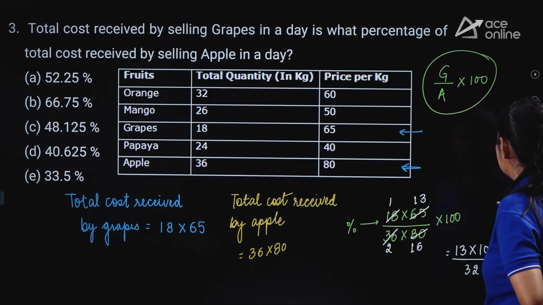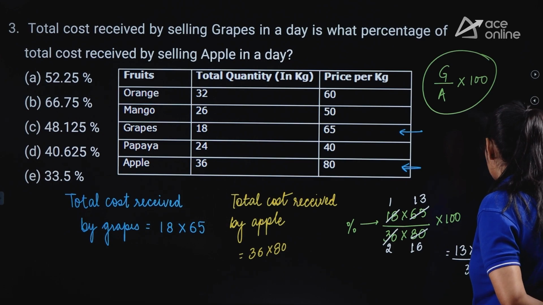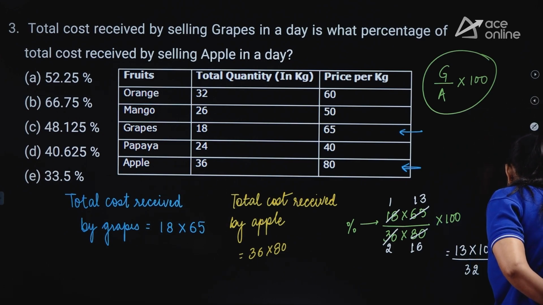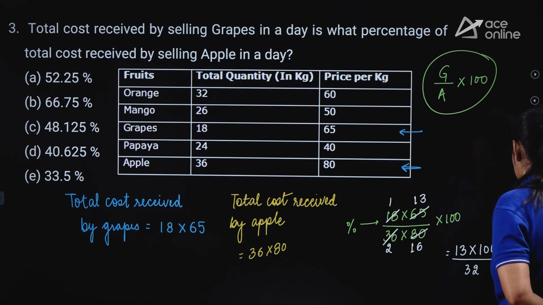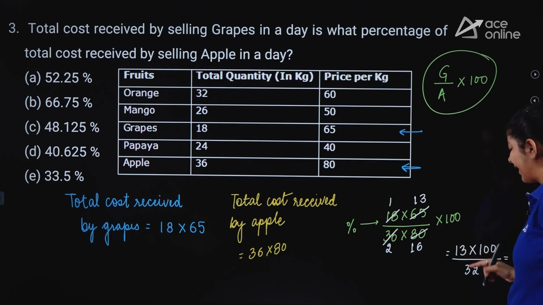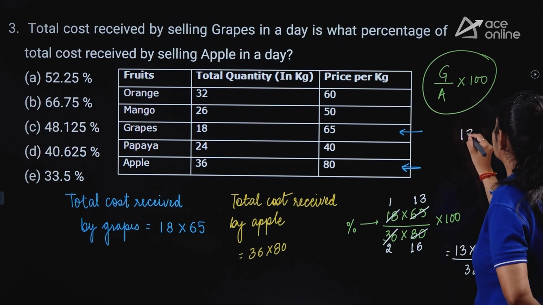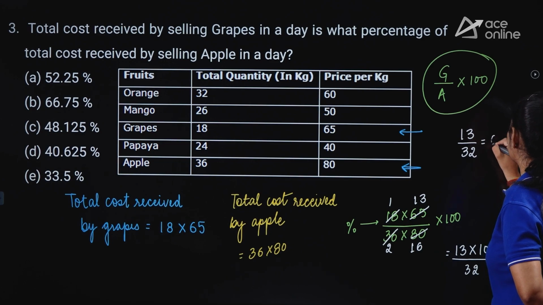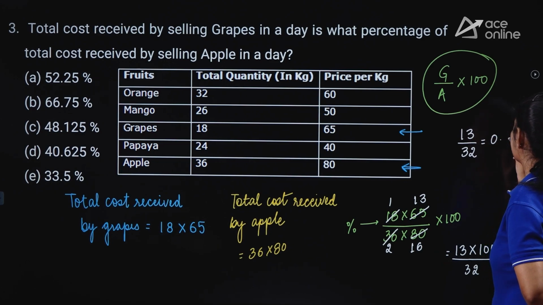Divided by 32. Okay. So if we do so, here we are getting, if we divide 13 by 32 only, instead of letting this 0, we are just dividing 13 by 32 right now, right? So here I am getting 0.405